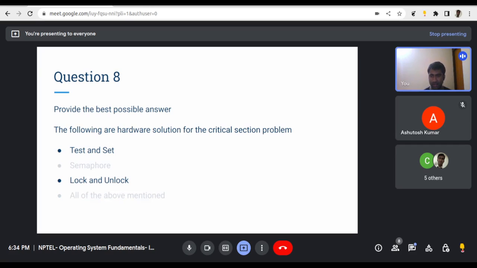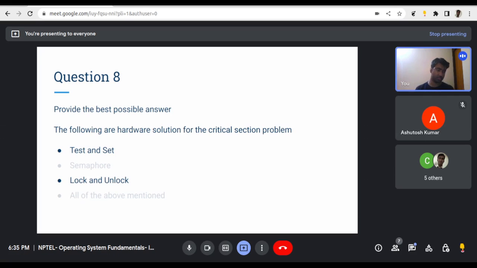So test and set and lock and unlock are the hardware solutions. Why are these hardware solutions? These are also actually variables if you look at the solution from the code point of view, but it requires special hardware such that the setting and resetting of the variables in the registers happen in a single time frame, right? So there is no interrupt between those